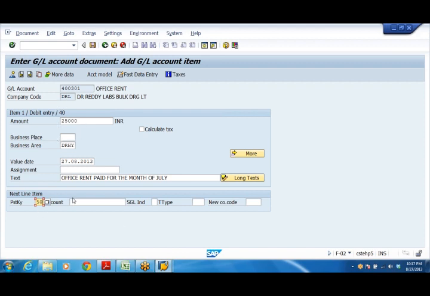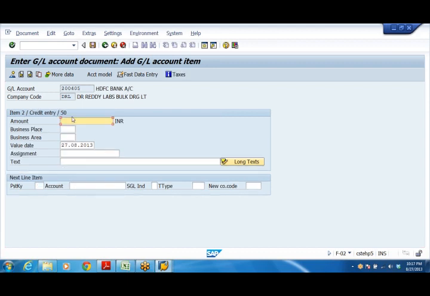Office rent account debit to bank. My bank is 204.05. So the first line item is the debit line item along with text, the second is the credit line item along with text. Press enter. So 25,000 office rent, business area.